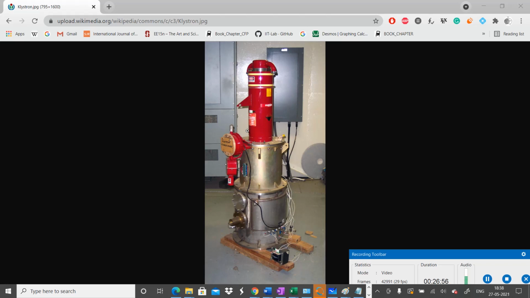This klystron works at 400 kilowatt power. You can't imagine a solid state device or amplifier working at such a high power. So despite being bulky in size, they can't be integrated, and there can't be a VLSI design for them, but they are still used in very high power applications like radar, space communication, and so forth. In the next class, we will do the rigorous analysis of the klystron, especially its velocity modulation process and bunching process, and we will try to get an equation for the gain. Thank you.